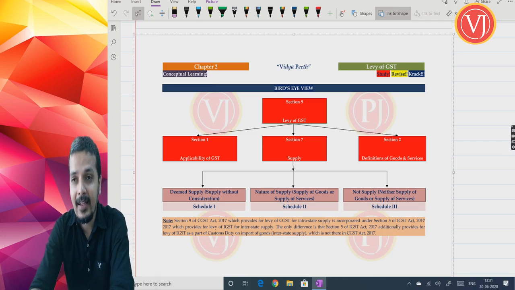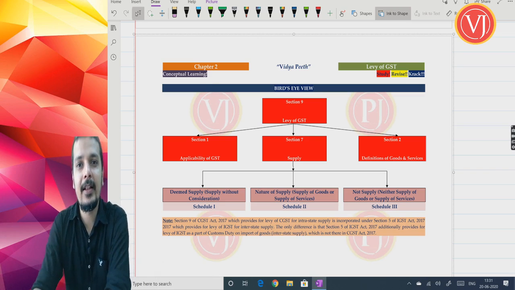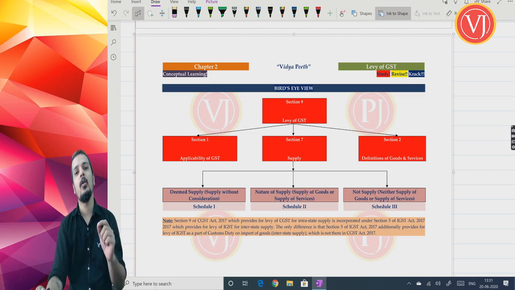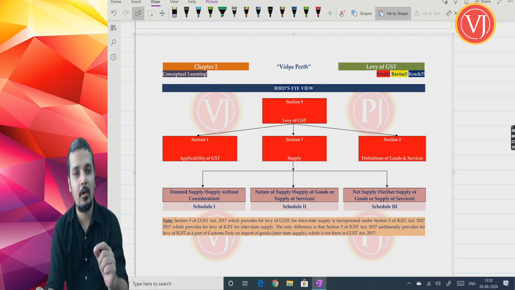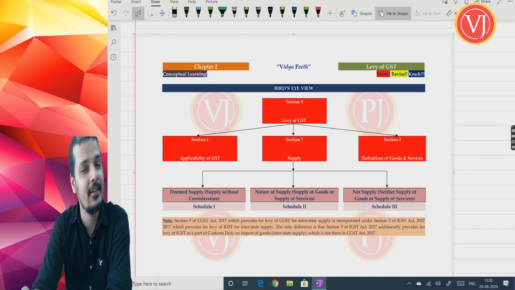Yes. At times marks are deducted for not mentioning them, and it does influence the evaluator while he's evaluating your paper, to make him understand the depth of knowledge that you have. And my friends, if I meet you very regularly, how would you feel if I were to call you by only signs and other names but without mentioning your name? It won't be good, my friends, correct? In the same way, you have to mention the section number or rule number or notification number whenever you are trying to address that section or rule or notification, as the case may be.